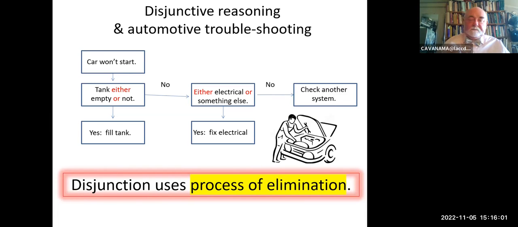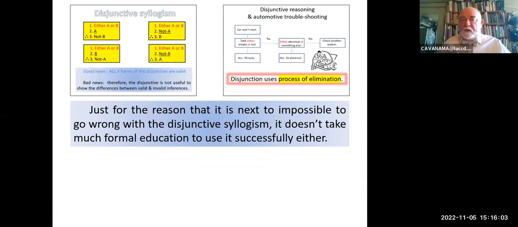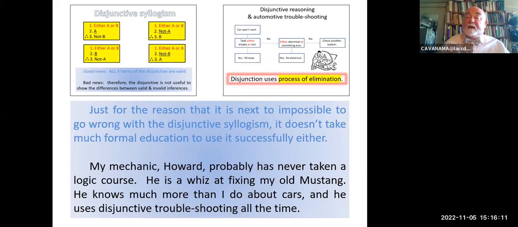And humans do this all the time, just for the reason that it's next to impossible to go wrong with the disjunctive syllogism. It also doesn't take much formal education to use it either. My mechanic Howard probably never took a logic course. I think he may have graduated high school, but Howard knows Mustangs. I have an old Mustang. He's a whiz at fixing. He knows more than I do about cars in general, and he uses disjunctive troubleshooting all the time,